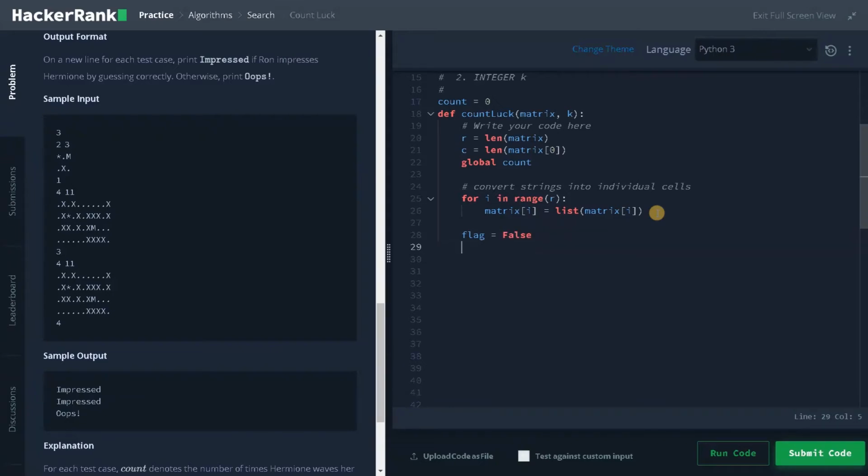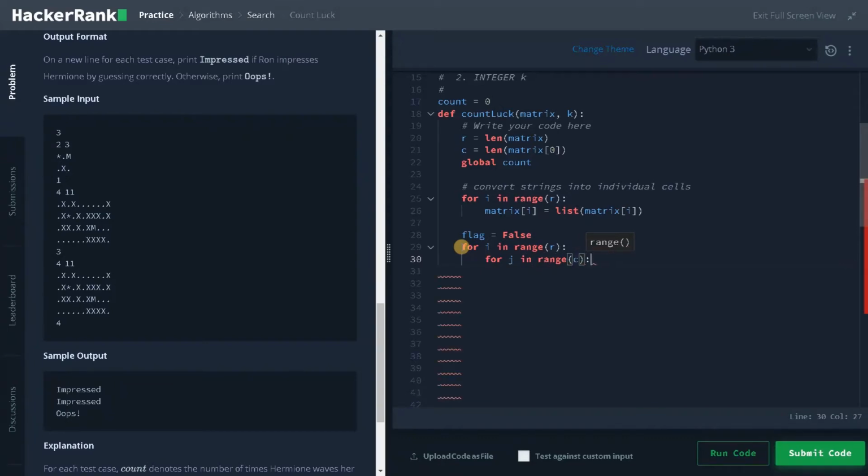So now I'm going to iterate the matrix. When we reach m, we will call the DFS function, that is depth first search. So this is like a graph algorithm, that's why I already mentioned that. So I'm going to use DFS here. So I'm going to traverse all the indices. So for I in range of R and for J in range of